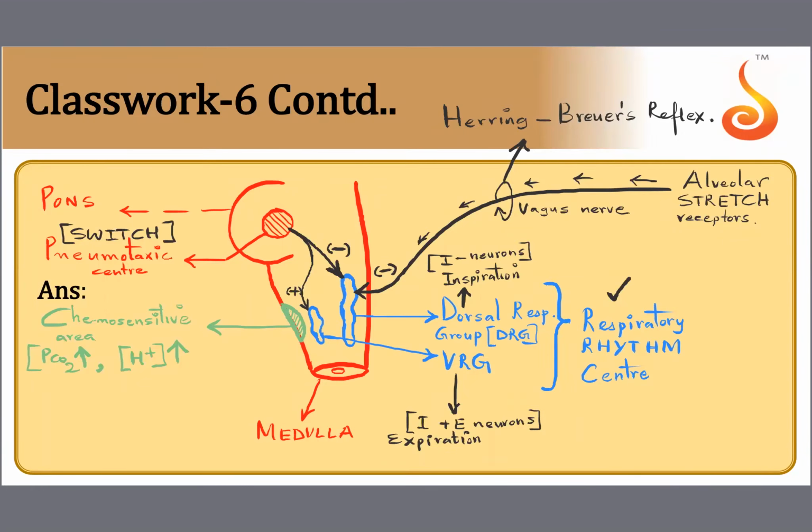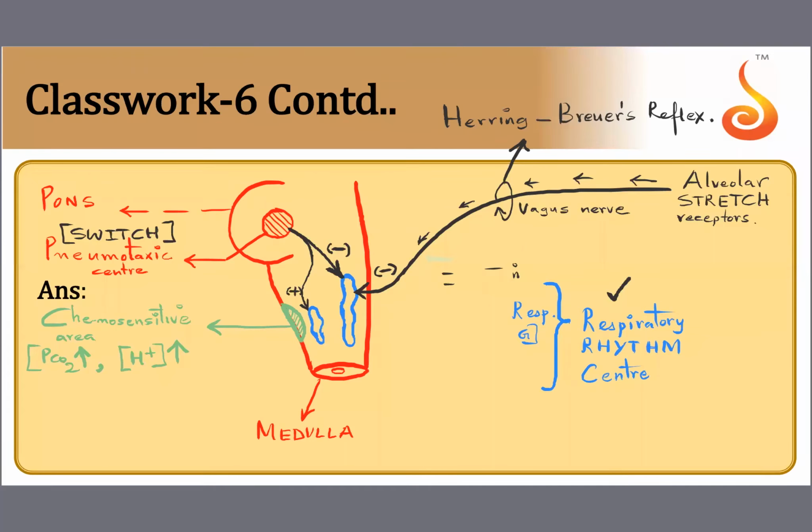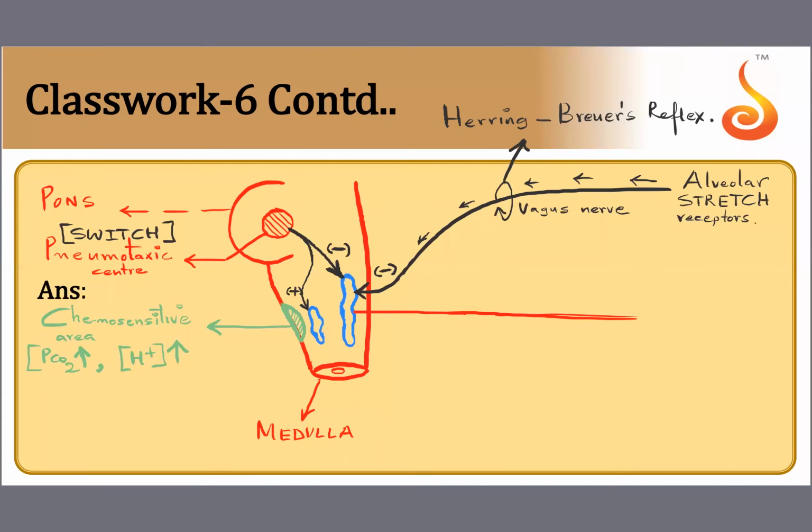Another thing I would like to accommodate here, let me erase these parts. You know that one is dorsal respiratory group and one is ventral respiratory group. There are two more signals which can actually excite. See, this one is inhibiting the dorsal respiratory group. The black nerve that I have shown is something which inhibits the dorsal respiratory group. Now I will show you two more nerves in red, which end on your dorsal respiratory group, but they have a stimulating effect on the dorsal respiratory group.